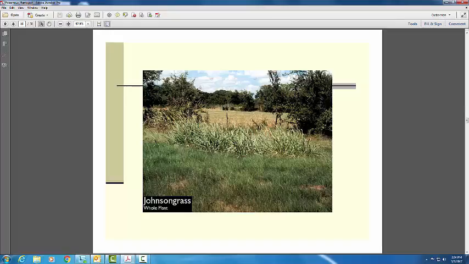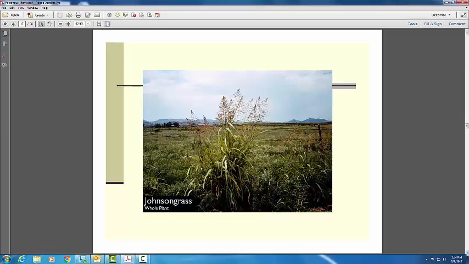Johnson grass is probably by far the most common of these plants, especially when it reaches a certain height. The Johnson grass will have some dark tints on the leaves, and that is a sign of stress, and with the sign of stress comes the correlation with cyanide intoxication, especially when you have a seed head like this one. This is the classic inflorescence of a C4 plant. These are C4 grasses, and